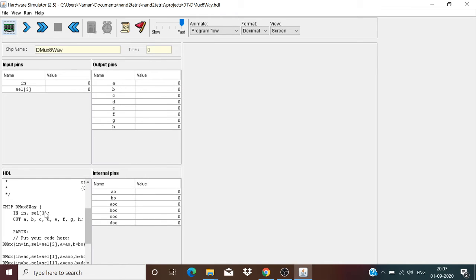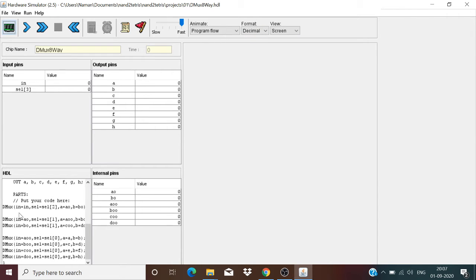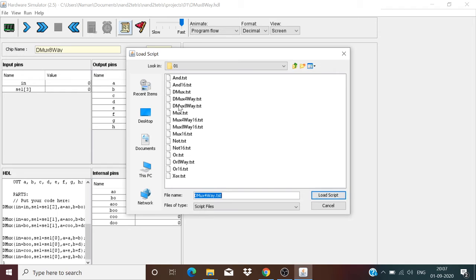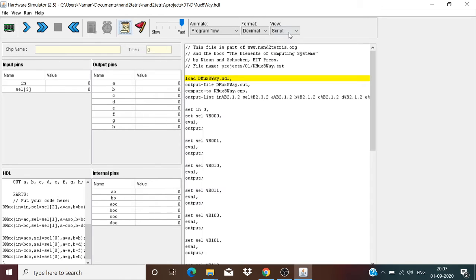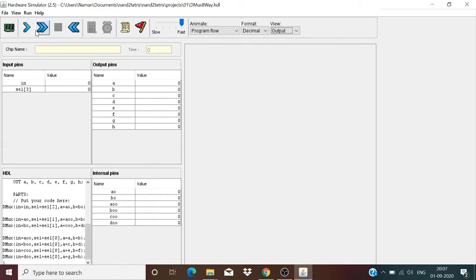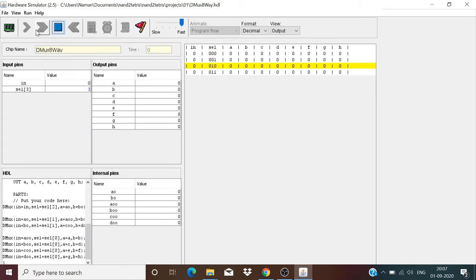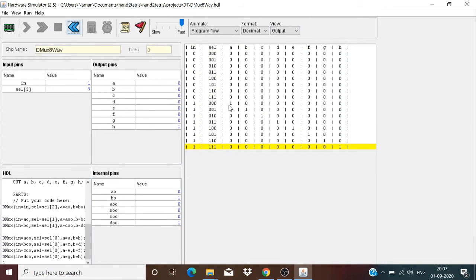In this case we have 3 selection lines represented in the form of an array and 8 output lines A, B, C, D, E, F, G, H, and for each of them we use the previously constructed DMux. And thus we have the correct output, after it is 1 1 1 1 and all are 1.